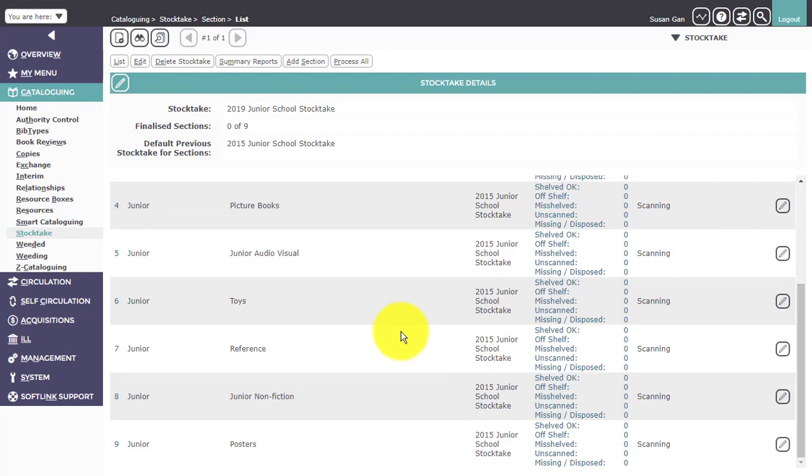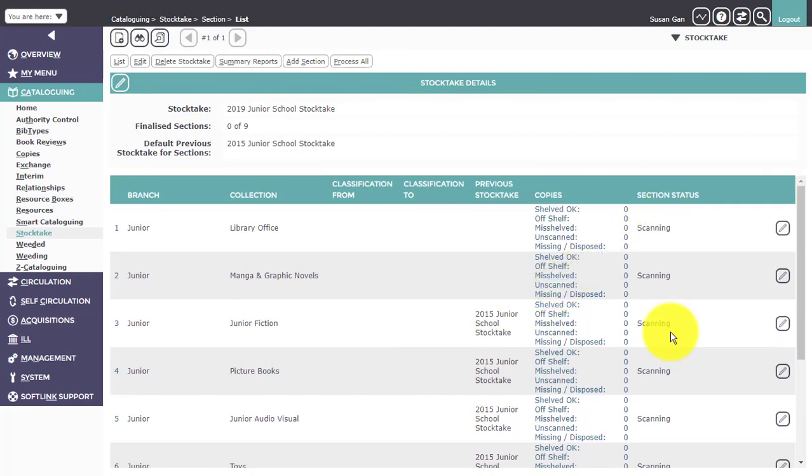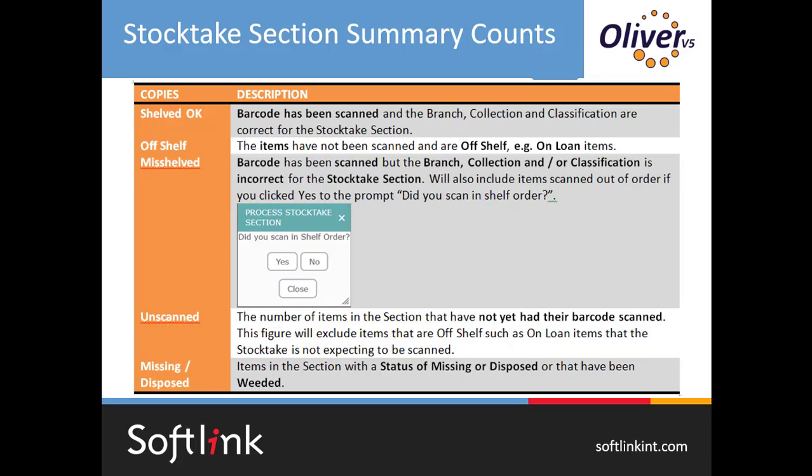You will note that all the sections have a section status of scanning. The Stocktake section summary counts are currently all 0, as nothing has been processed yet. We'll take a look at what these are. The shelved OK copies are copies that have been scanned and the branch, collection and classification are correct for the Stocktake section. Off-shelf copies are copies that have a status rule that mean that they are off-shelf, for example, copies